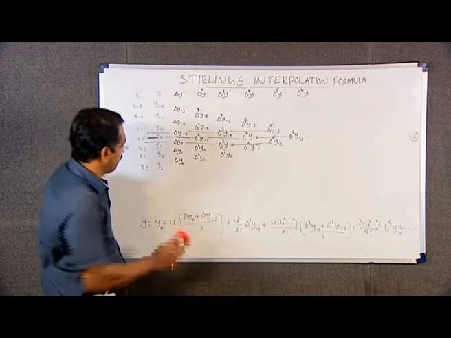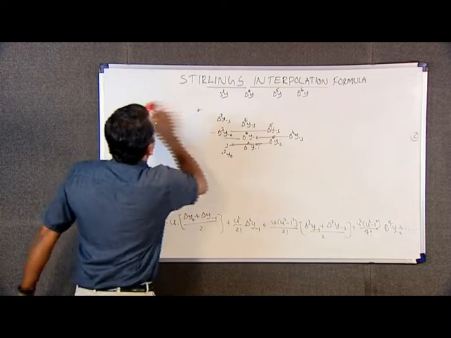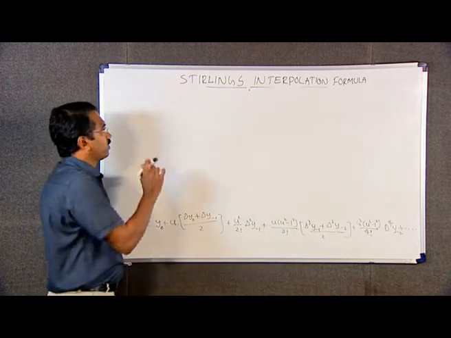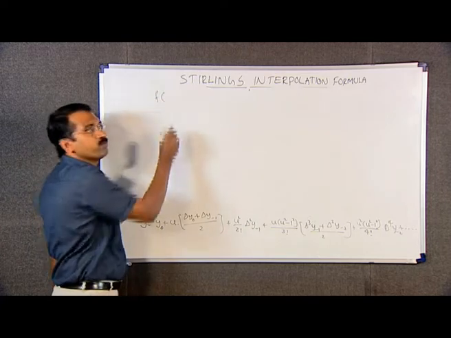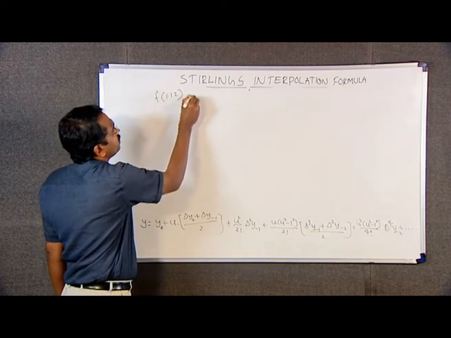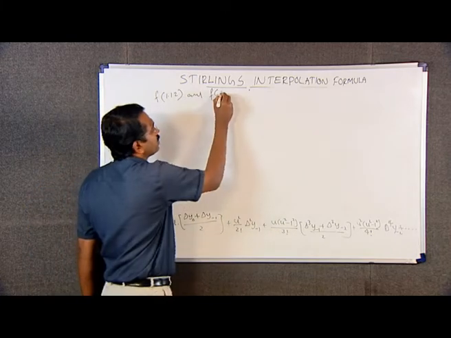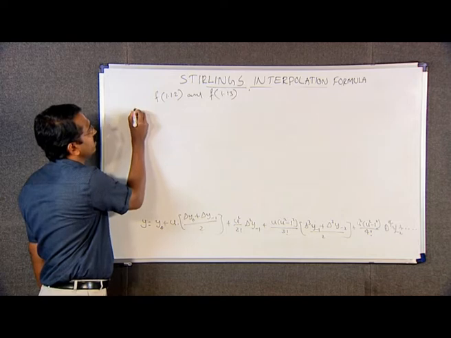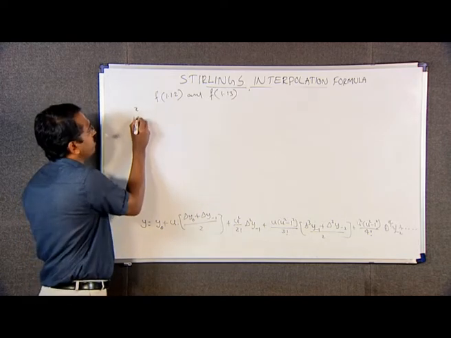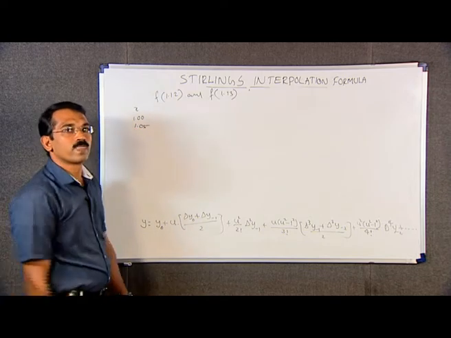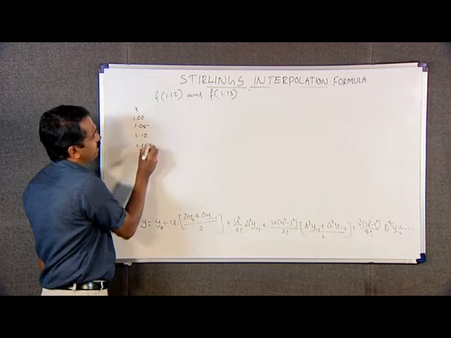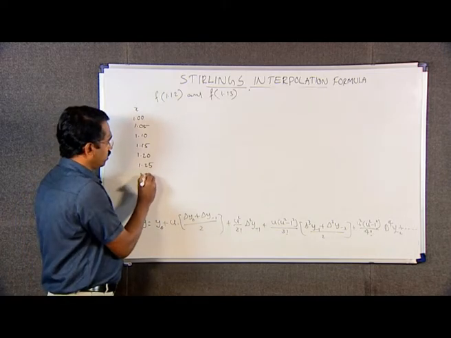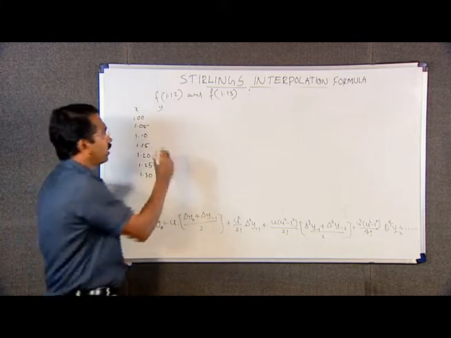Now, consider an example. Evaluate f of 1.12 and f of 1.13 using Stirling's interpolation formula from the given table. The given table has x values 1, 1.05, 1.10, 1.15, 1.20, 1.25 and 1.30. The corresponding y values are 1,